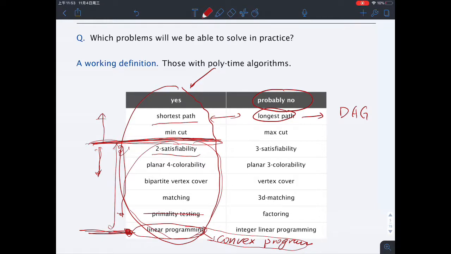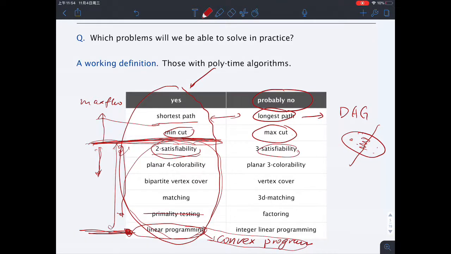Also, solving the min cut problem is pretty easy because we can use the max flow algorithm. But if we want to solve the max cut problem, where I want to chop the graph into two pieces so that the number of edges crossing between the two components is maximized, this is called max cut, and all of a sudden it also becomes very difficult. The satisfiability problem we are going to talk about later, but here you need to pay attention that even within the same set of problems,